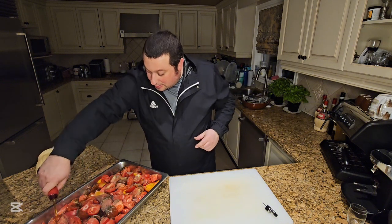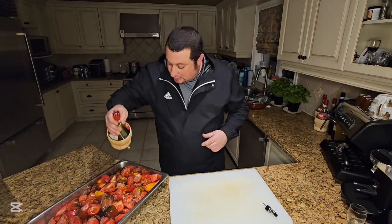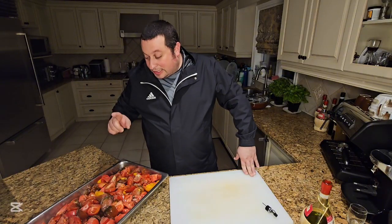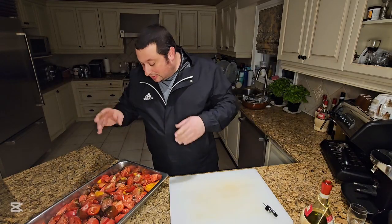And all I'm going to do is give this a nice coating here. Abundant olive oil in this dish. The olive oil is as much a part of the final product as anything else. It helps in the mouthfeel. And again, if we're going to use a fat in this dish, extra virgin olive oil is absolutely fantastic for